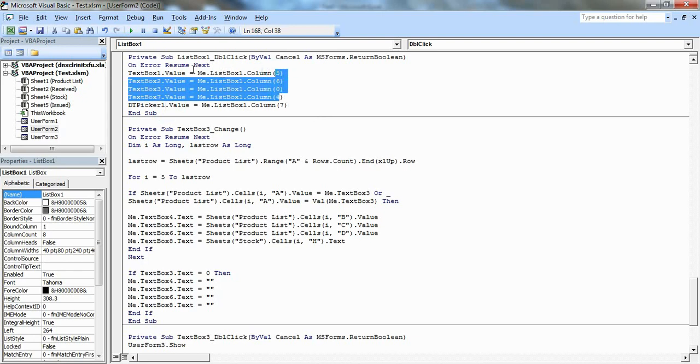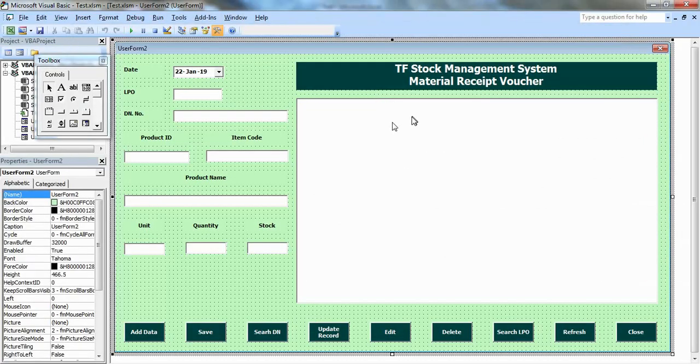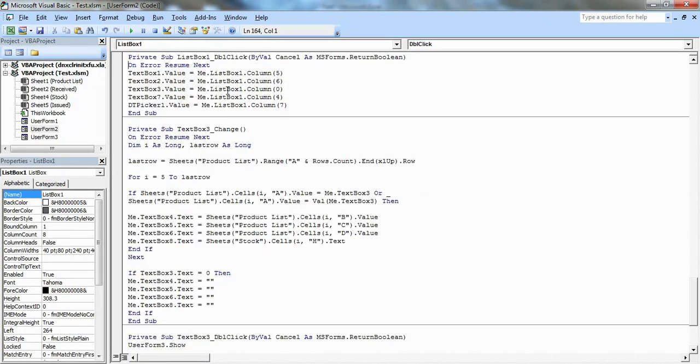Whichever text box represents whichever column, I have given the column reference. Text box 1, as I told you, is our LPO number, so the column number I gave is 5, as you can see, 0 1 2 3 4 5. So the LPO column is 5. Similarly I have given references of the other text boxes and the column references.